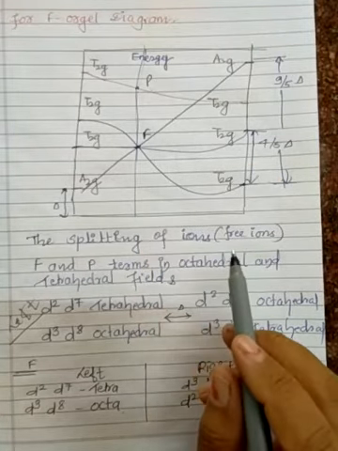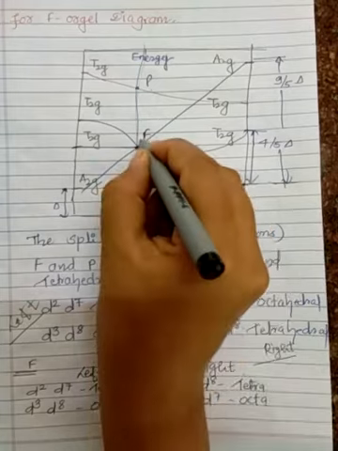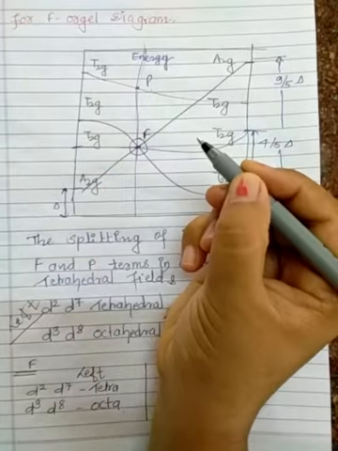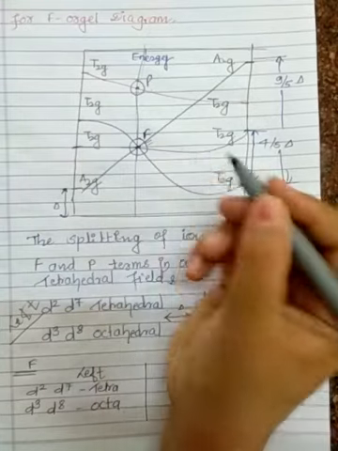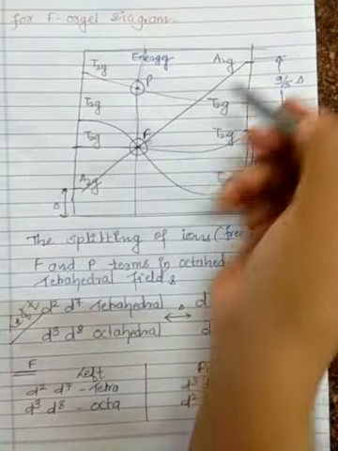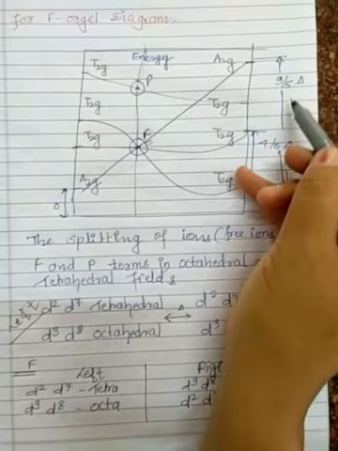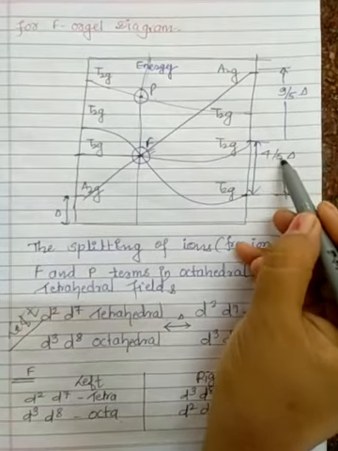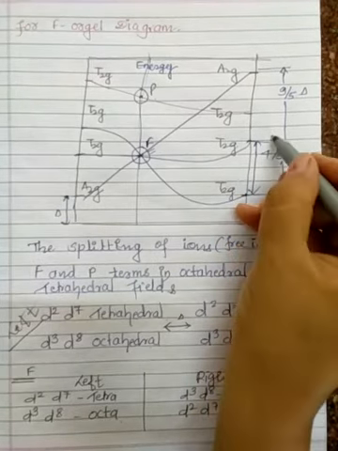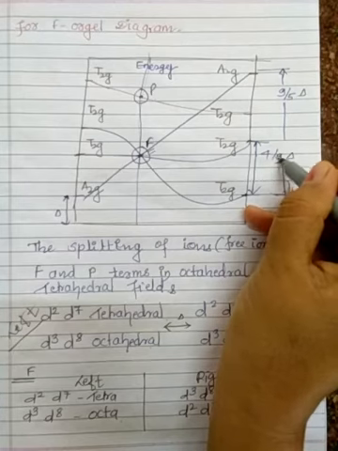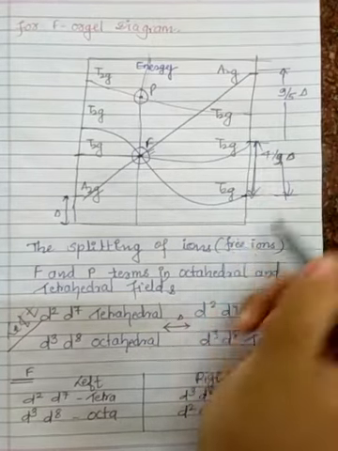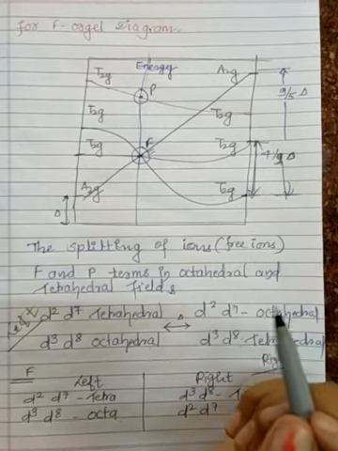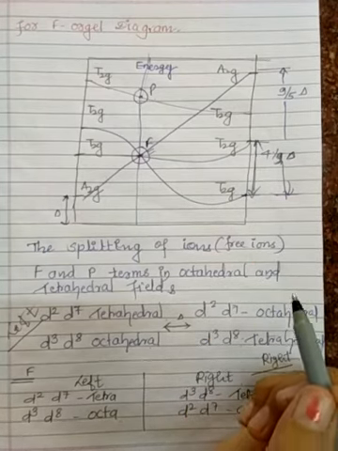So in this case, F Orgel diagram, this is the center part, I have already told, representing energy. This is P, this is F, isn't it? And here the splitting I have shown already. This is 9 upon 5 and this is about 4 upon 5, or you can say it is 4 upon 9 delta. This is one splitting I have shown over here, isn't it? I have already told about this in the last part.